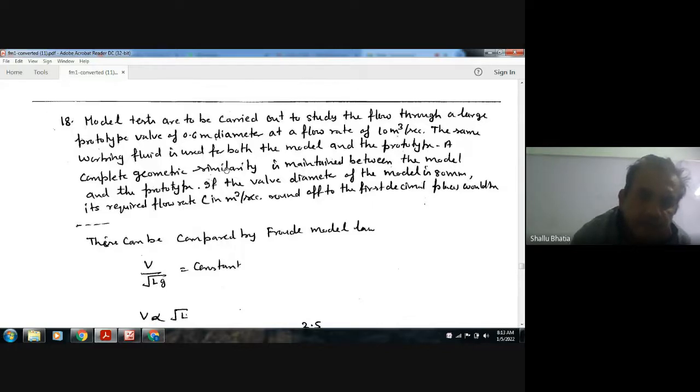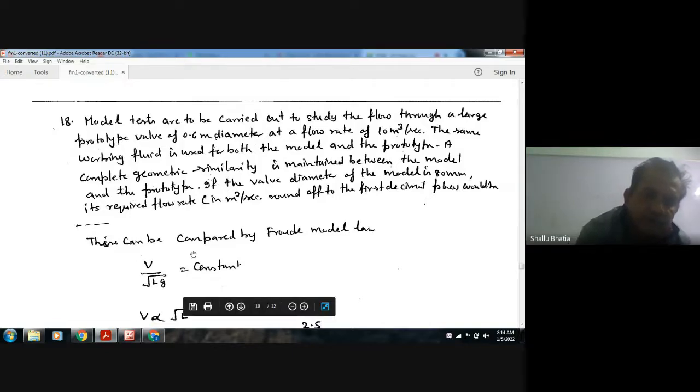Next question. Model tests are to be carried out to study the flow through a large prototype valve of 0.6 m diameter at a flow rate of 10 meter cube per second. The same working fluid is used for both model and prototype. Complete geometric similarity is maintained between the model and prototype. If the valve diameter of the model is 80 mm, its required flow rate in meter cube per second, rounded off to the first decimal place, would be: